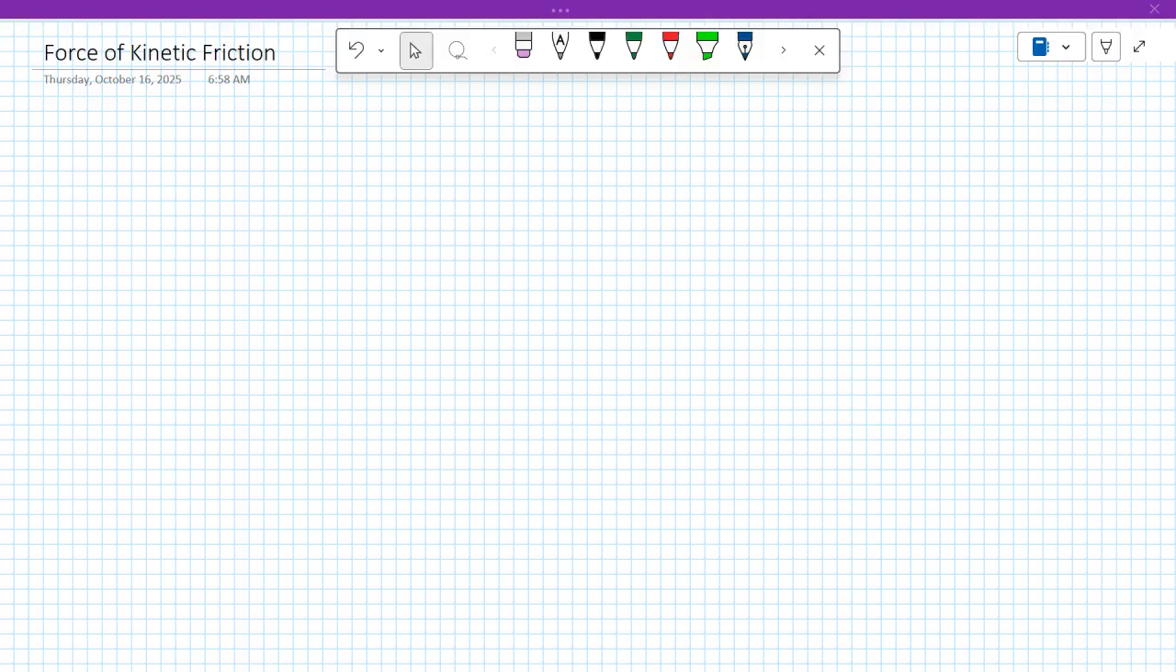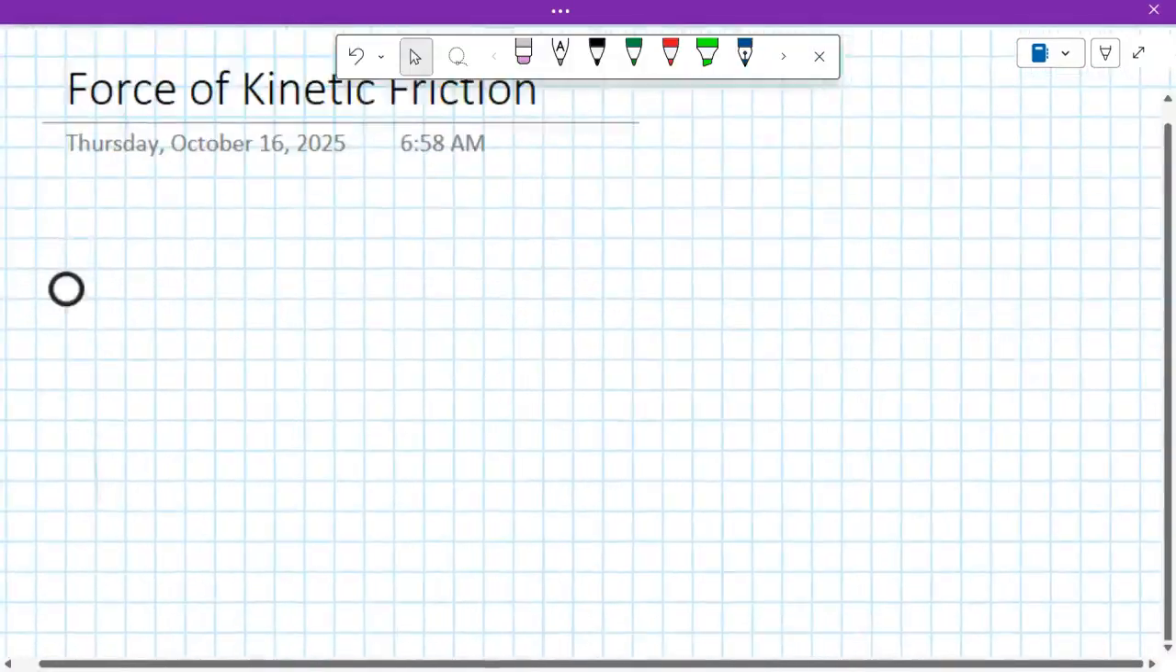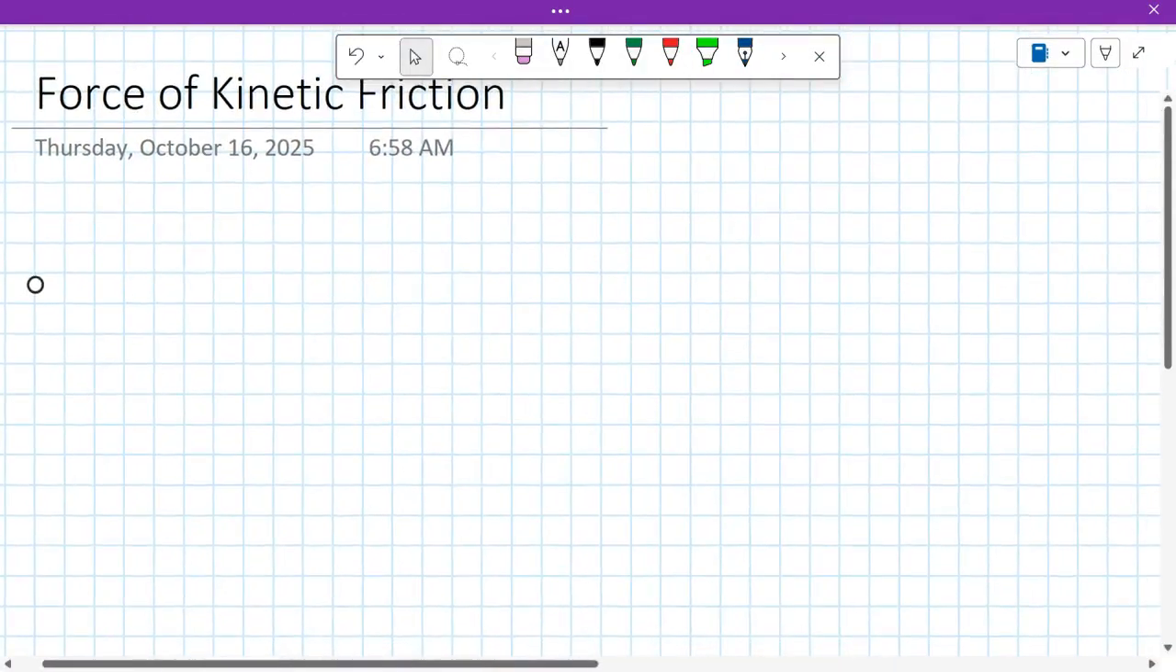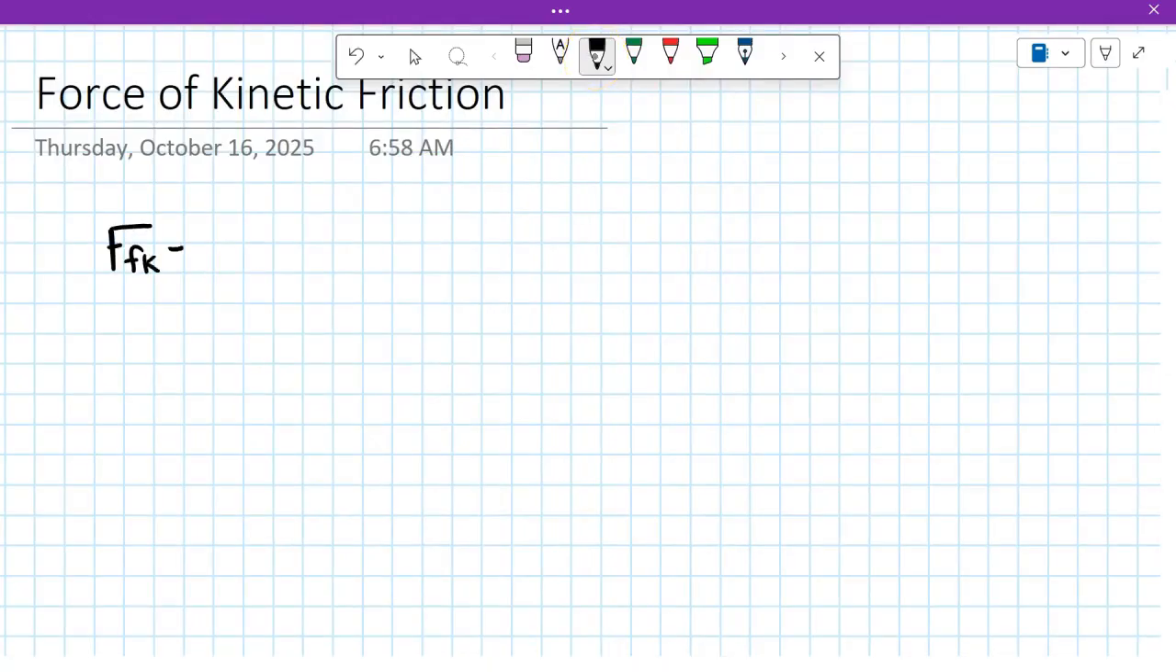All right, this video is going to be all about the force of kinetic friction. So let's jump right into it. The symbol that we're going to use, which we've introduced already, is a big F for force, little f for friction, and then little k for kinetic. So the force of kinetic friction is